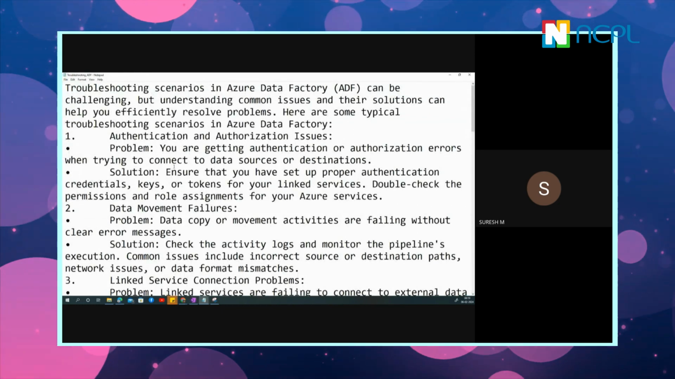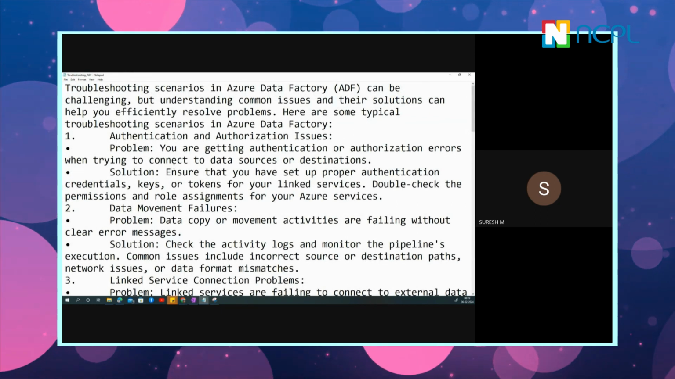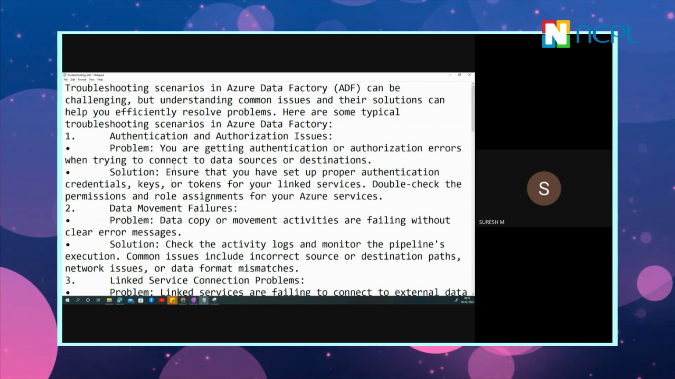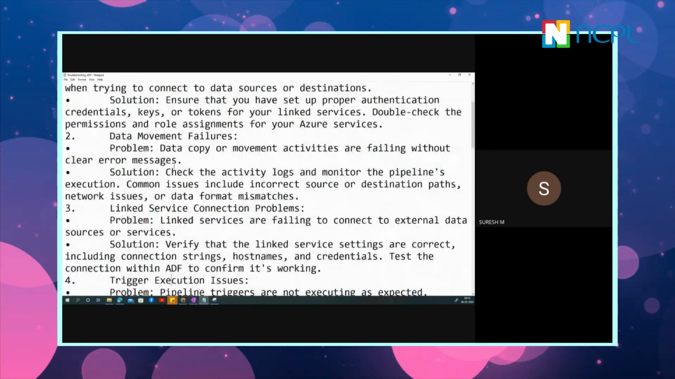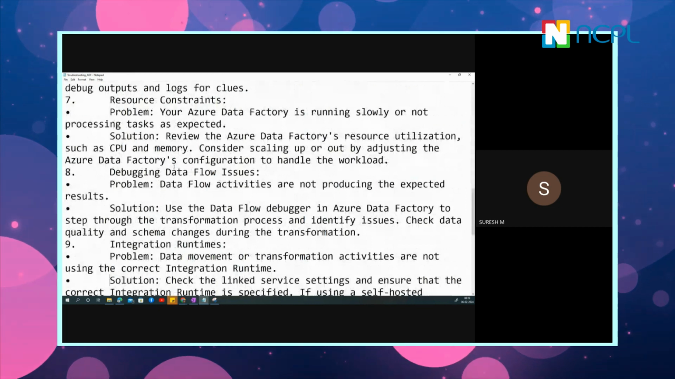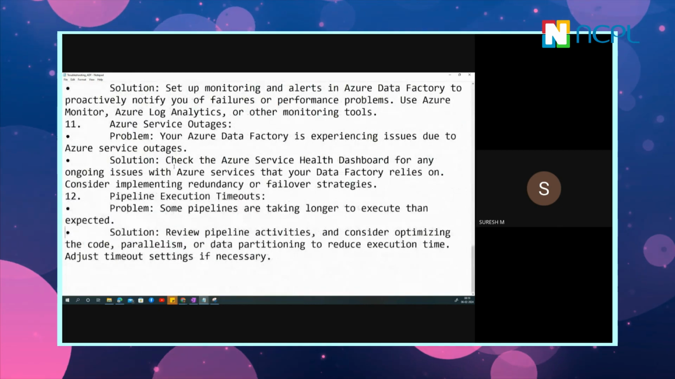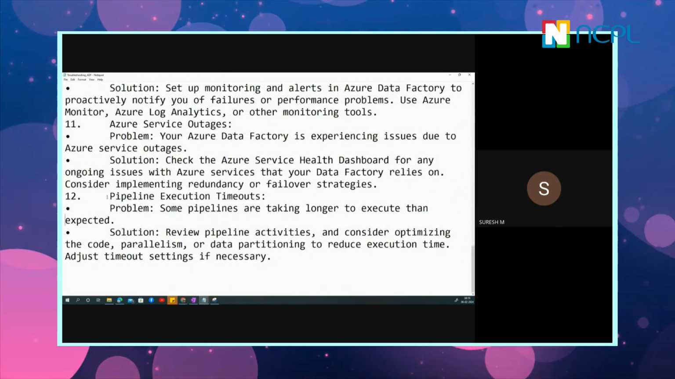Usually, what would be the common issues? What would be the problem, and how do you check the approach? Those things I've just listed here. Maybe some 6 to 7 I have just added. I have added a couple of them. This is the usual scenario, if you see